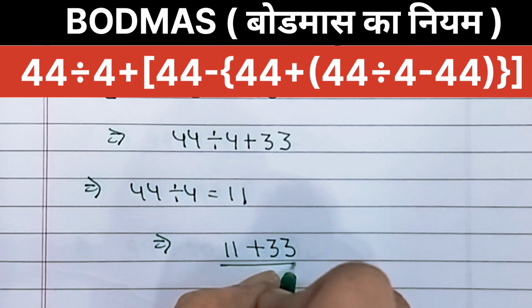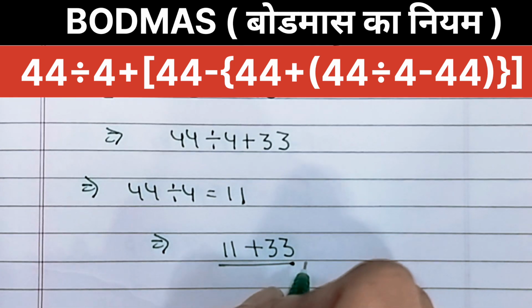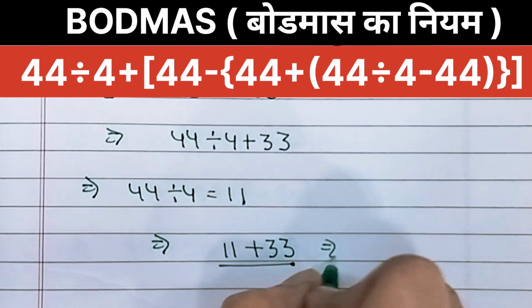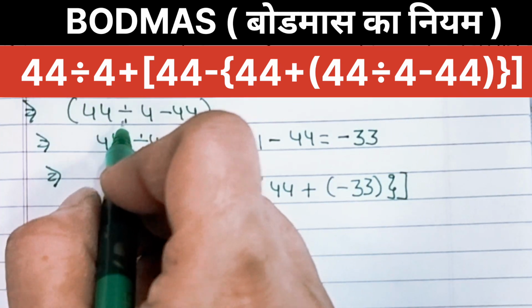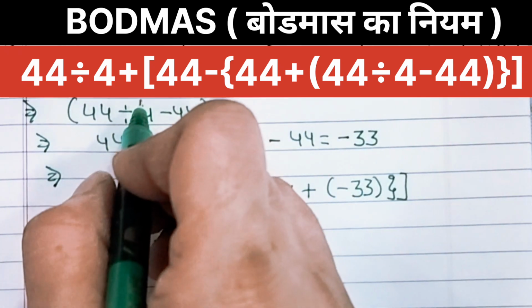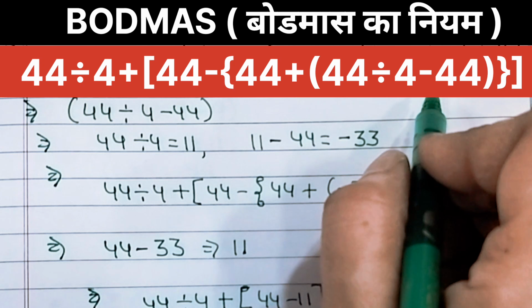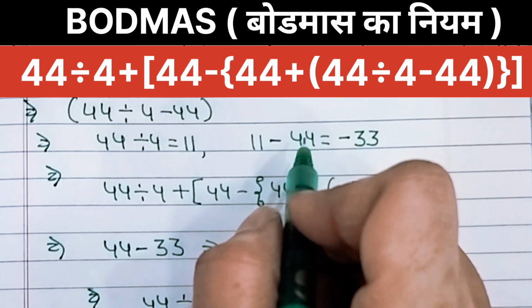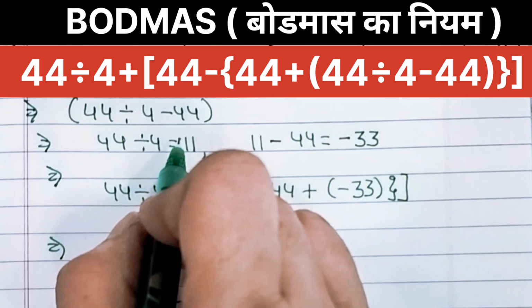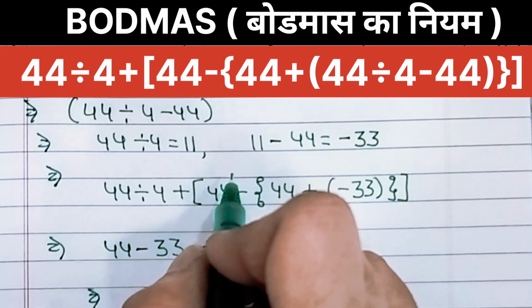Now the final step is addition, where we sum the remaining values. After adding we'll get 44, which is the final answer. The conclusion says that by systematically following the BODMAS rule we ensure that the complex nested brackets were simplified first before moving to the external division and addition.